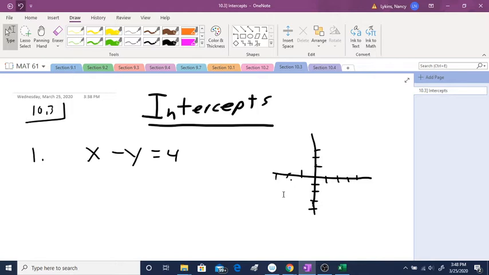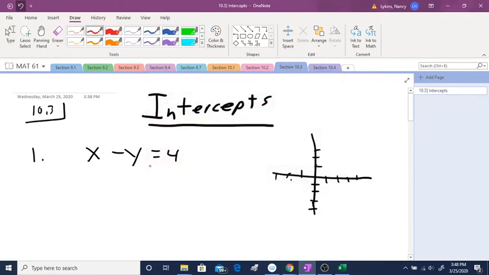So, graphing by intercepts means having 2 points on the axis. You have one on the x-axis and one on the y-axis. Now, you will probably hear this as graphing by intercepts, but I also call this the cover-up method. The reason why I call it the cover-up method